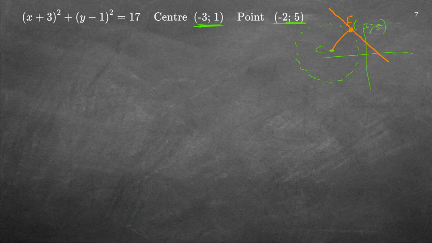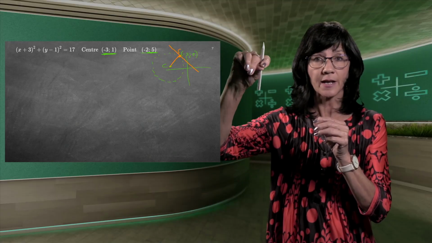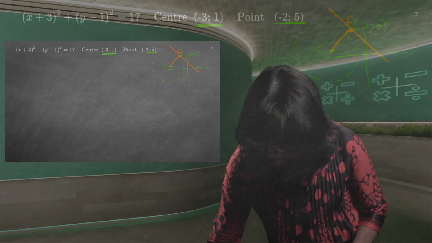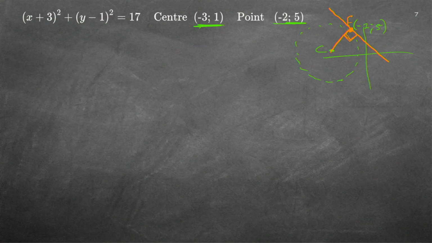Now, you know this is the radius. The radius is the shortest distance between the center and the circumference of the circle. So if I draw a line at a specific point, and I want the shortest distance to that line, it will always be a perpendicular line. Now, the minute I say the word perpendicular, you know a formula for perpendicular. So you know that, this is step 3. You know that m1 times m2 is equal to minus 1. So if I can find the gradient of my radius, which I've got a lot of information for, I can then also find the gradient of my tangent.